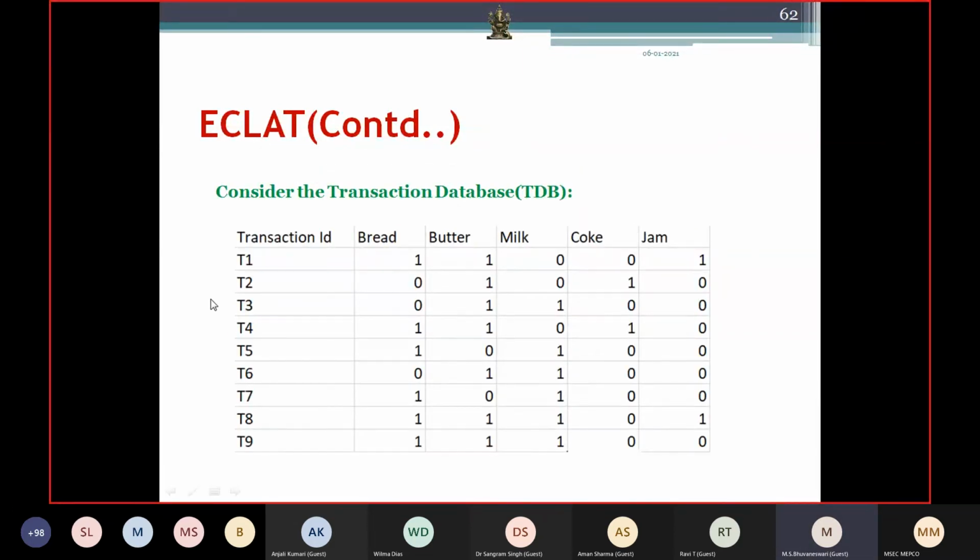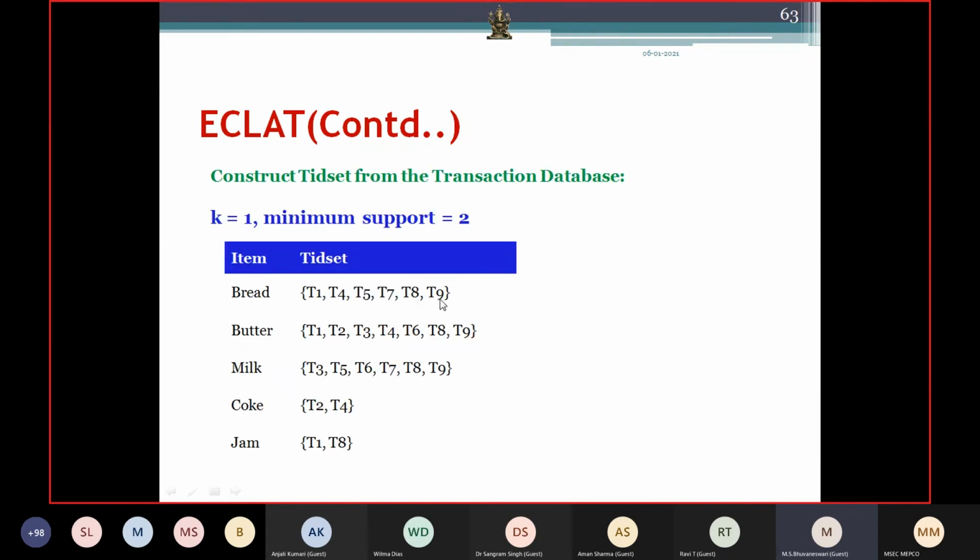For this, I have taken another example. This is from Geeks for Geeks. Okay. So we are having multiple transactions. These are the items that are present. If it is present, it is given as 1, otherwise it is given as 0. Here also we have all the items listed. So automatically we have to create a database, right? So this is the way it will be converted.